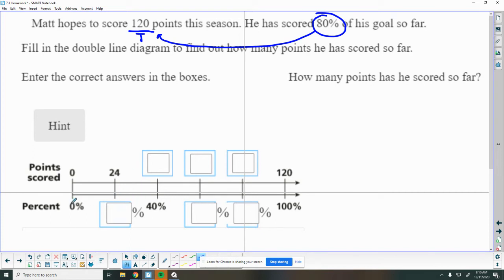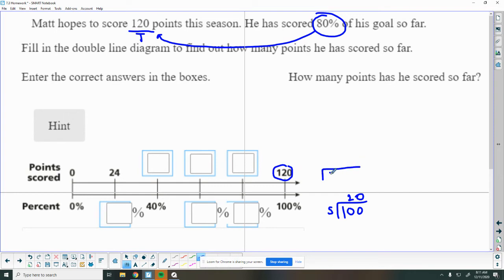We can see here that 100% has been cut into 5 groups. If I do 100 divided by 5, that is 20. So they're counting by groups of 20 here on the bottom. And then they took